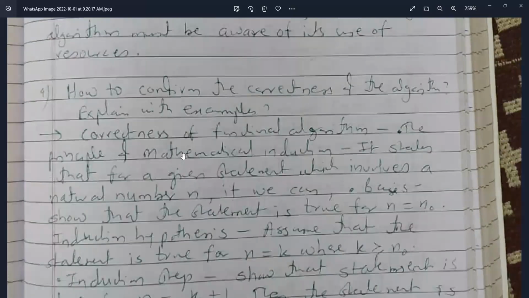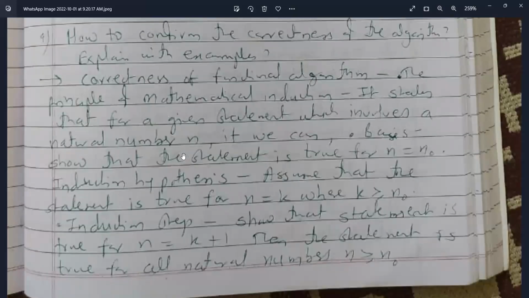How to confirm the correctness of algorithm? Explain with example. Correctness of functional algorithm. The principle of mathematical induction. It states that for a given statement which involves a natural number n, if you can, first point, basis, show that the statement is true for